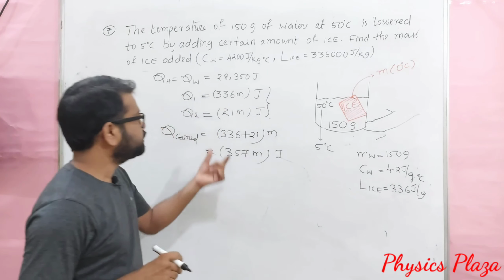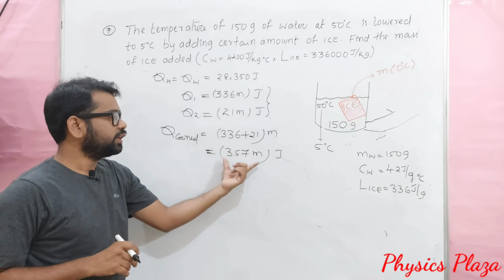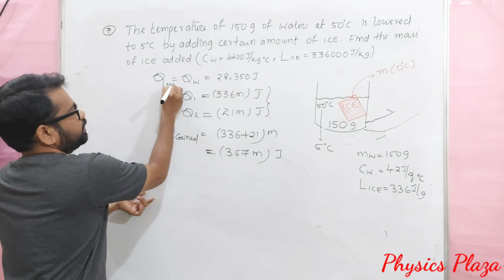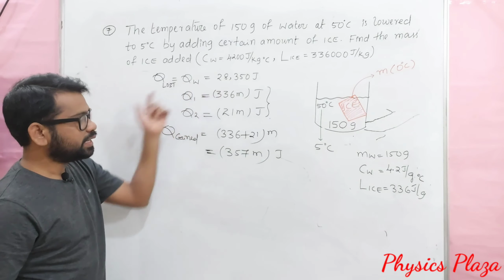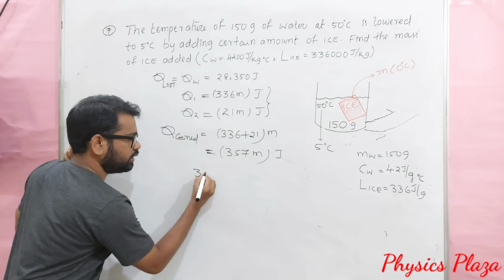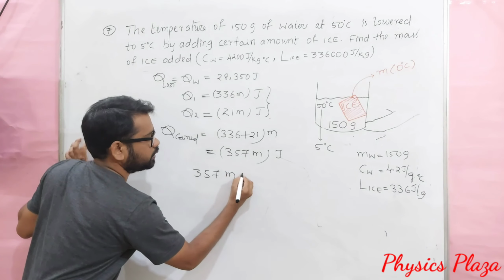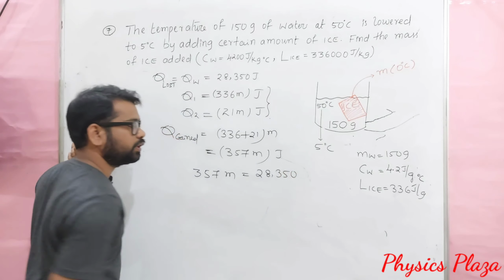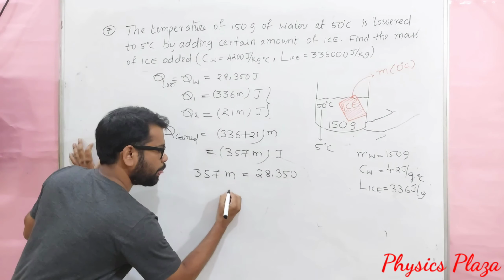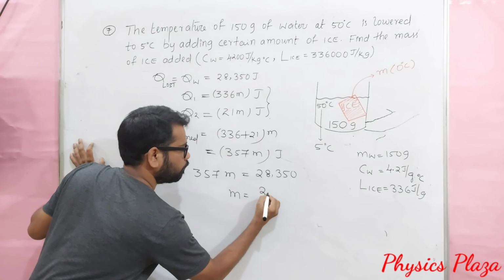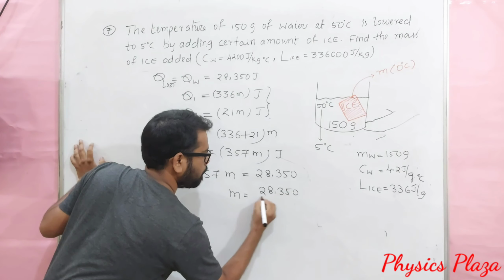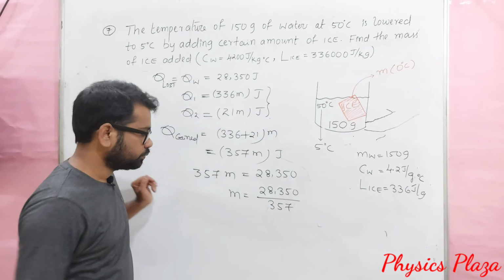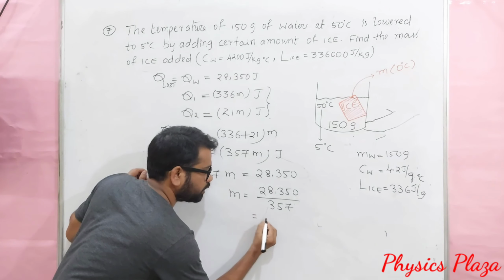Then according to the principle of calorimetry, heat lost by the hot body is equal to heat gained by the cold body. So this is heat lost and here is heat gained. Okay children, now let us equate these two. So this will be 357 m is equal to 28,350. So m is equal to 28,350 by 357. Yeah, children, here we get approximately